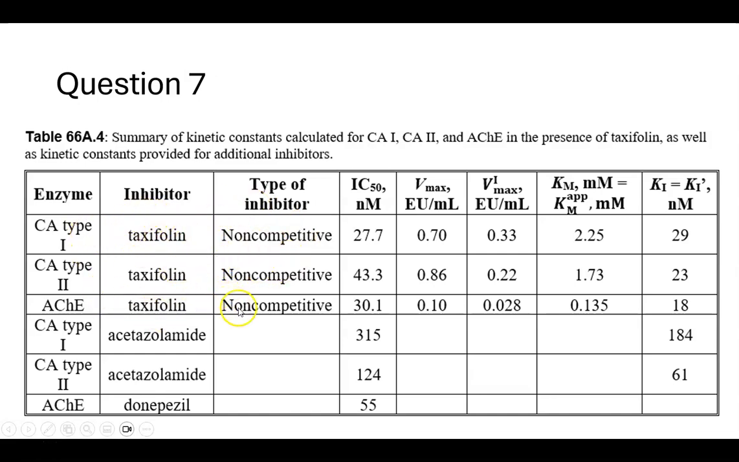enzymes are all inhibited by taxophilin in a non-competitive way according to the Km and the Vmax values that I obtained. These are the IC50 values, and here are the Vmax values without inhibitor, with inhibitor. And I can note that Km equals Km apparent, so I just have one entry right here. And the Ki and Ki primed were the same, so I also have just one entry here. And then I just put these here just so that when I answer the next questions, I have some nice